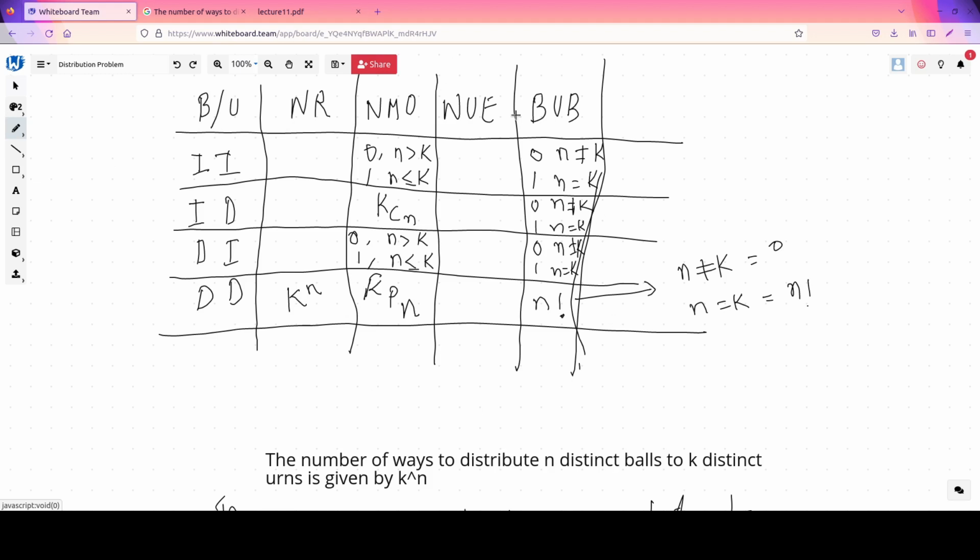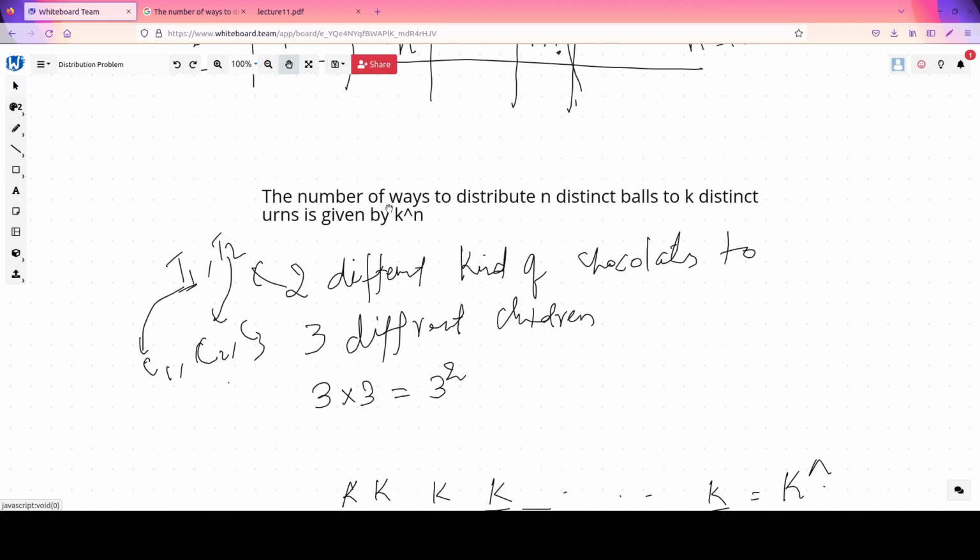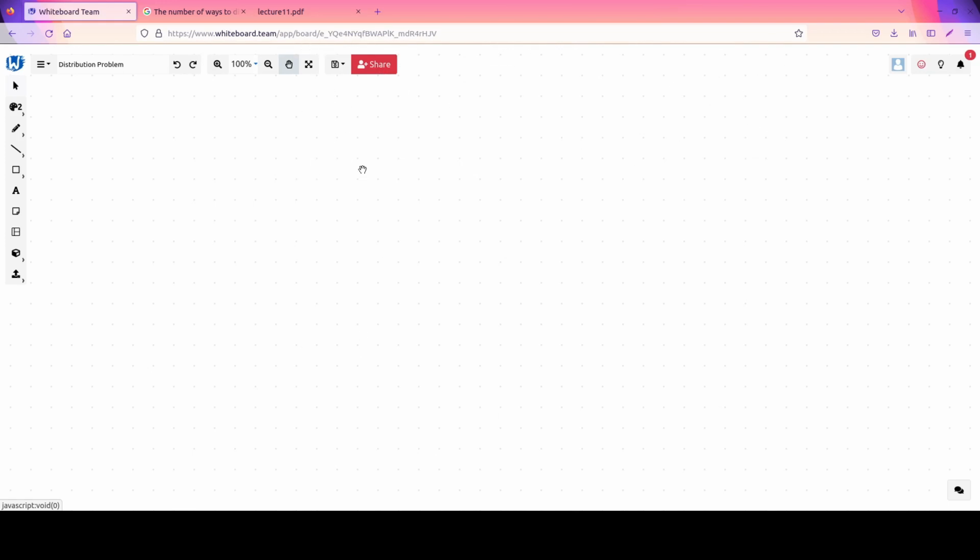So we are now left with the 7 kinds of problems, right? With no restrictions, and no urn is empty, and this kind of problems, right? So we are left with the 7 problems. So let's try to solve each one by one, right? So let's take an example of